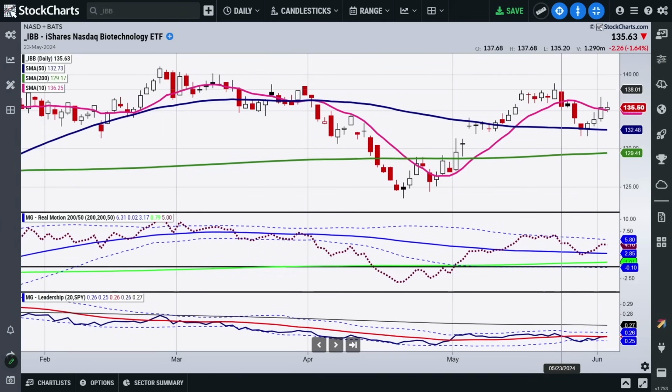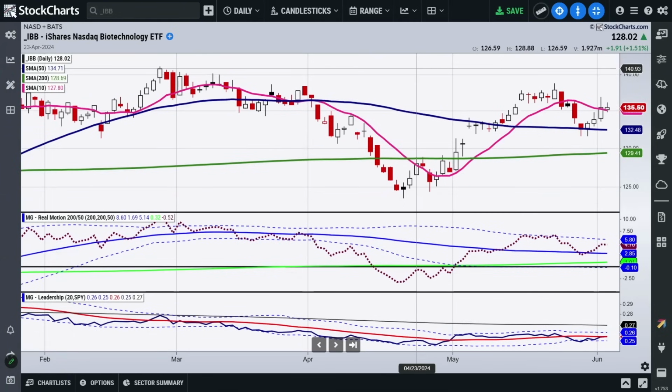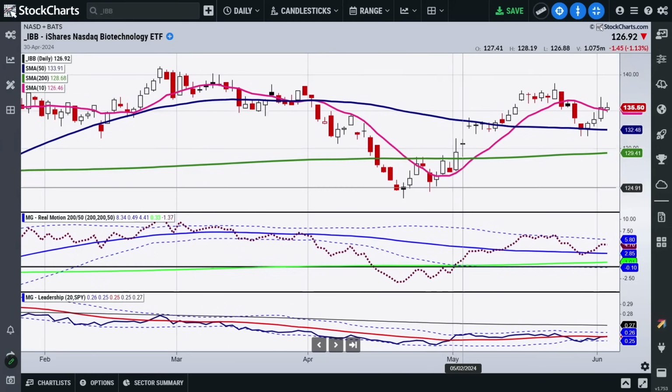So it would be a matter, obviously, of picking and choosing wisely as far as which instruments you might want to get into. We're looking at two in particular, one being Pfizer. I'm not going to show you that chart right now, but it's been trading between 28 and 30. And if it gets through 30, that could be a really good opportunity.